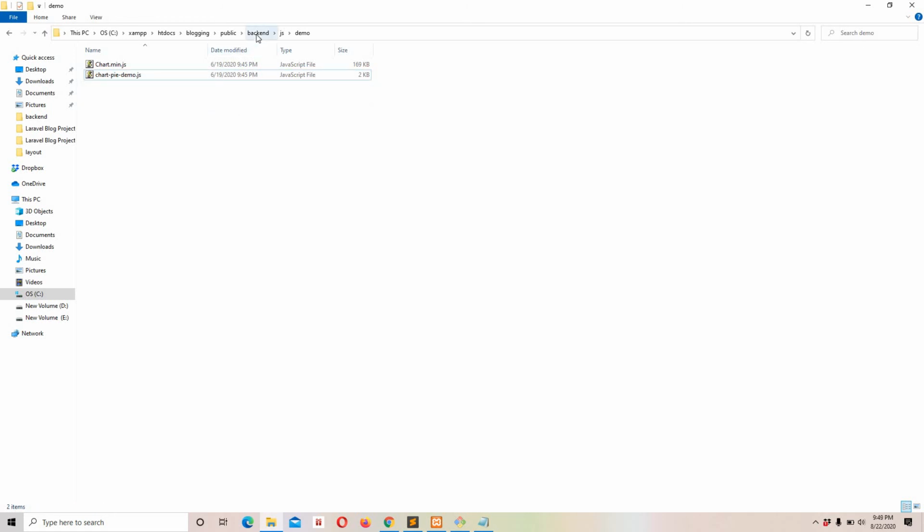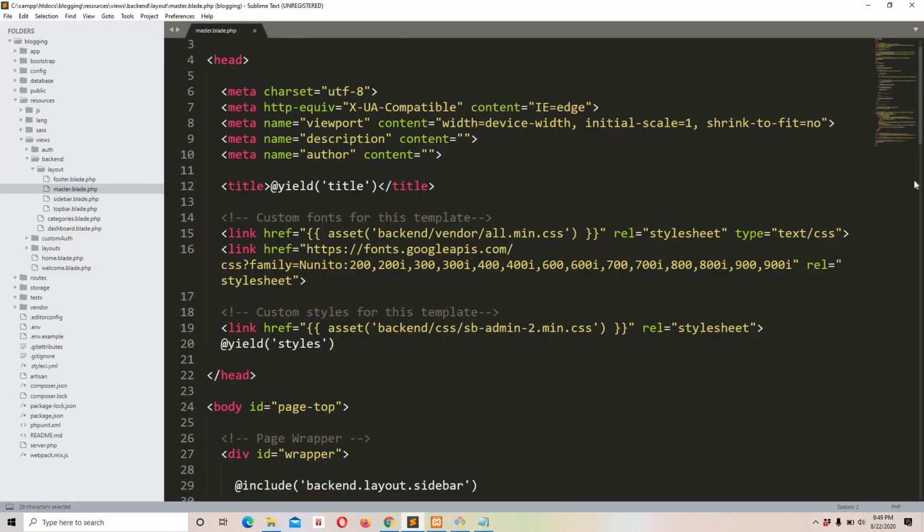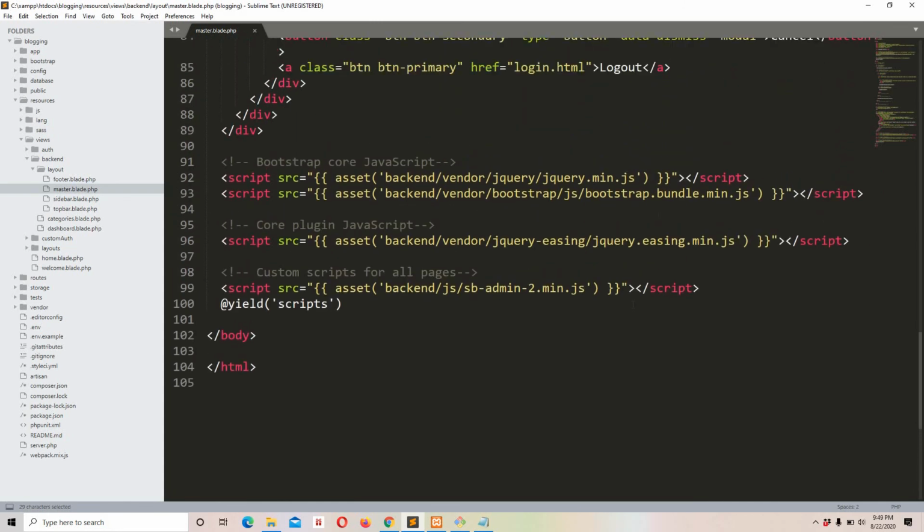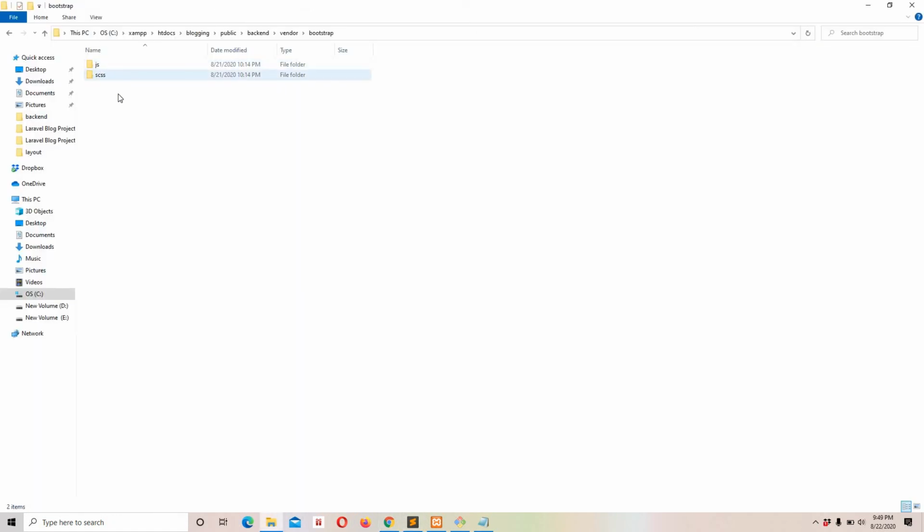Okay, let's move to backend once again, JS. Okay, we are using all these files now. Vendor, let's move to Bootstrap, and from Bootstrap I think we are only using this bootstrap.bundle. Okay, so we are not using this SCSS.